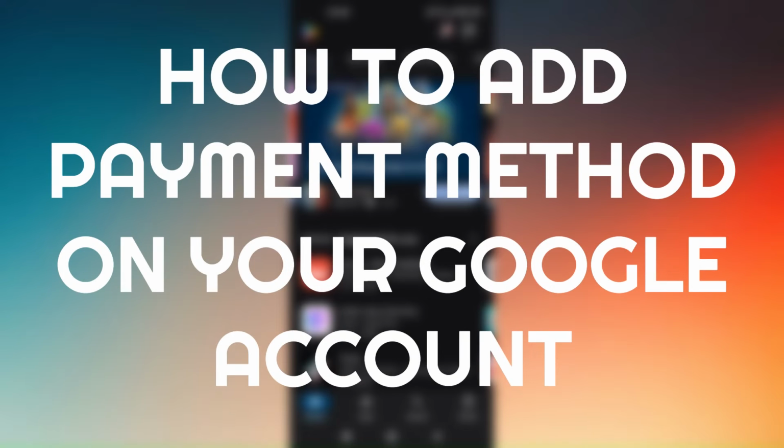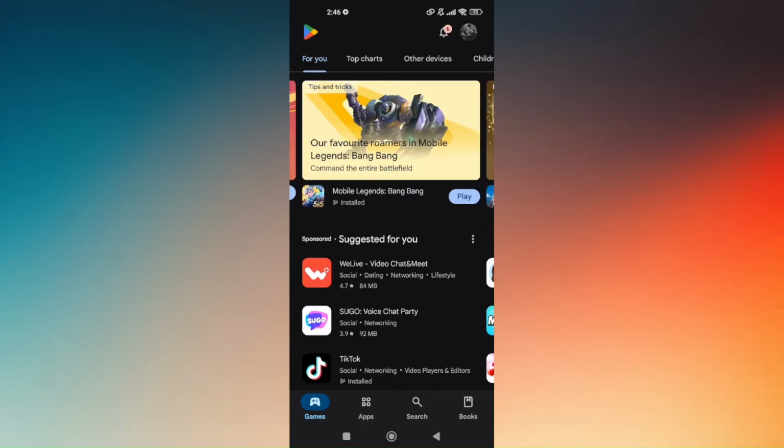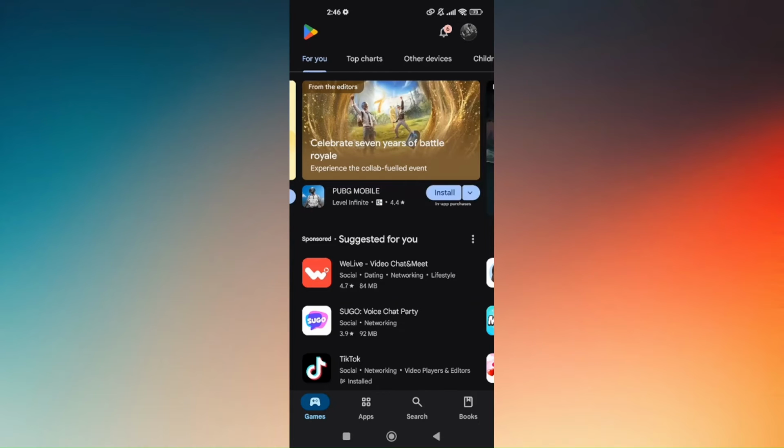How to add payment method on your Google account. Now, this process is very easy and quick as long as you follow through step by step, then you should be able to do this. The first thing first is, of course, access your Google Play Store and then make sure that you are logged